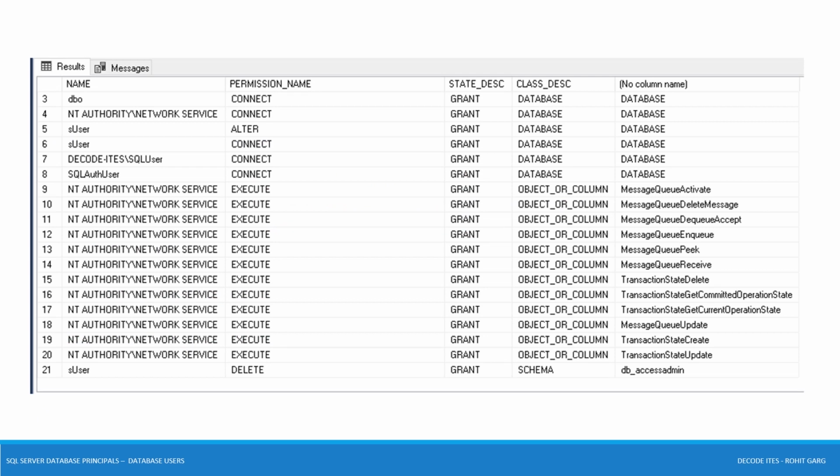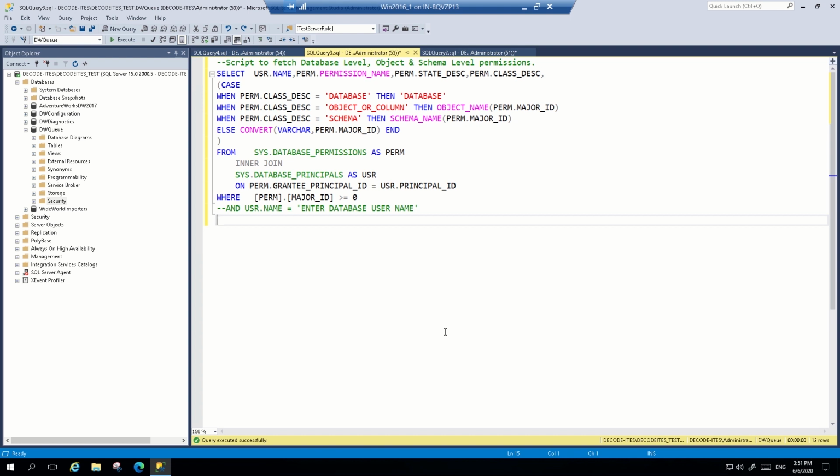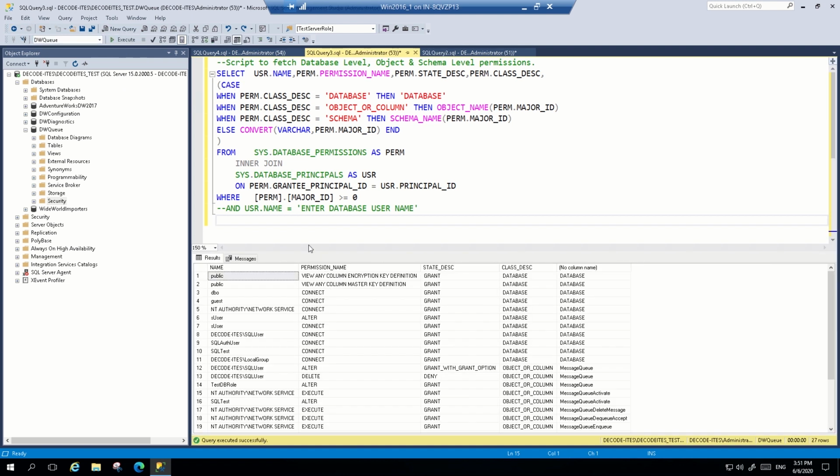This is the output of the query, which will show the database level, object level, and schema level permissions of particular database. Let me take you to my SQL Server instance, and we will run this script to test the results. We have created the users and assigned some permissions to them. There are multiple times DBA need to review those permissions and need a query to list down all the permissions assigned to database users. This is the query that you can use. First, you need to select the database name under which you want to run this query, and run this query. It will list down all the permissions.